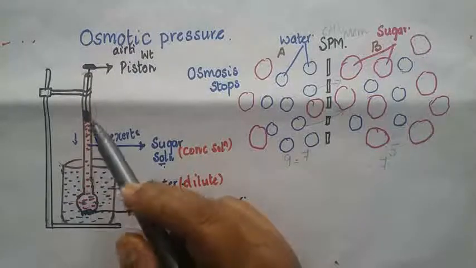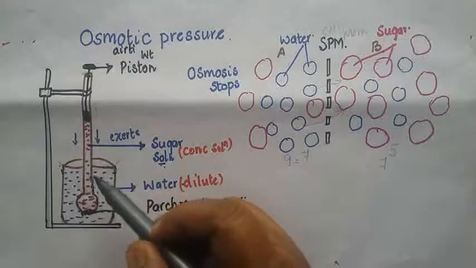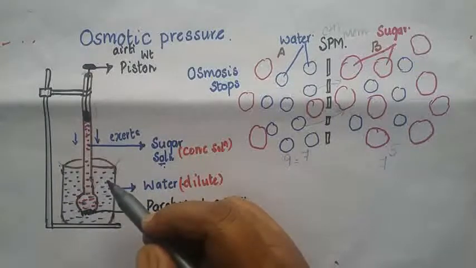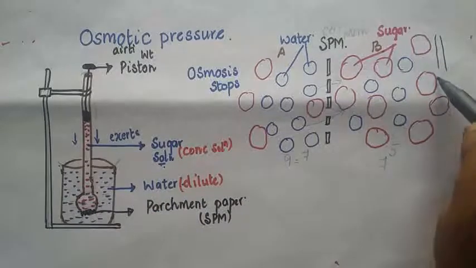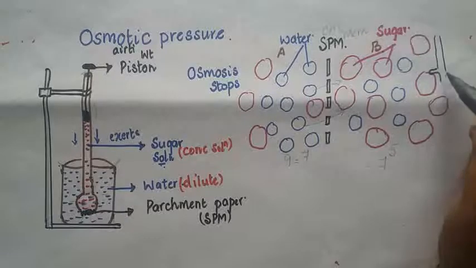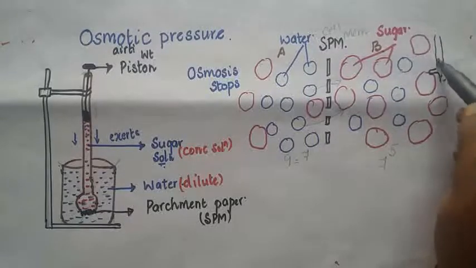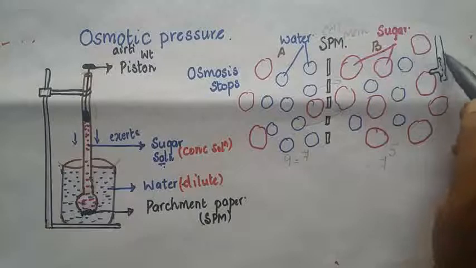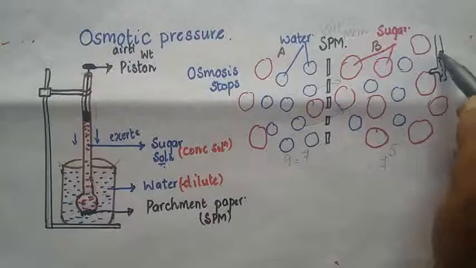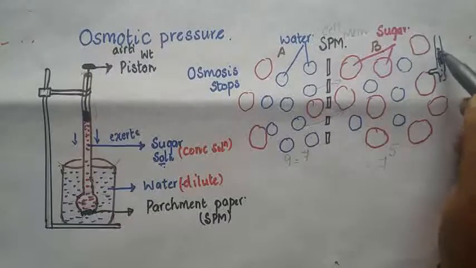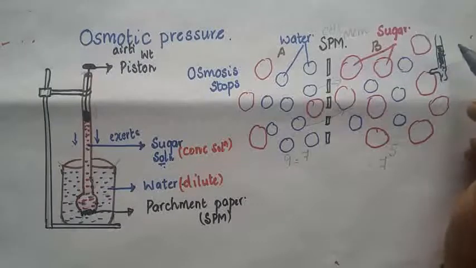Children, the same phenomenon occurs even in plants, right? When the water keeps on entering from the root hair into the cortical cells and then into the xylem tissue, there is a weight or a pressure developed in this water column. So there is a development of weight in this water column as it is moving upward.